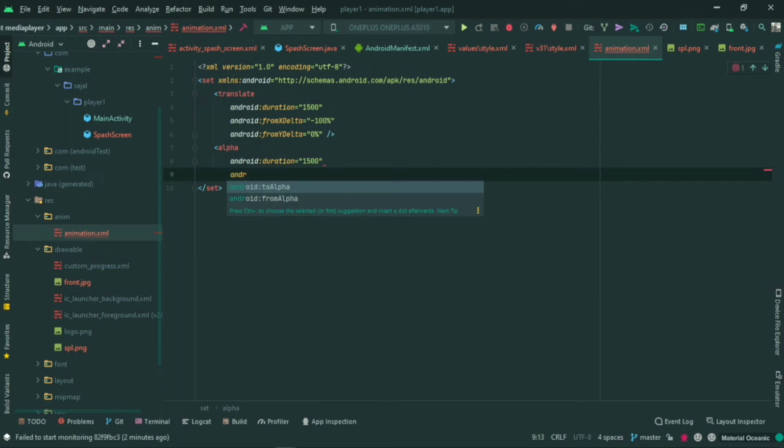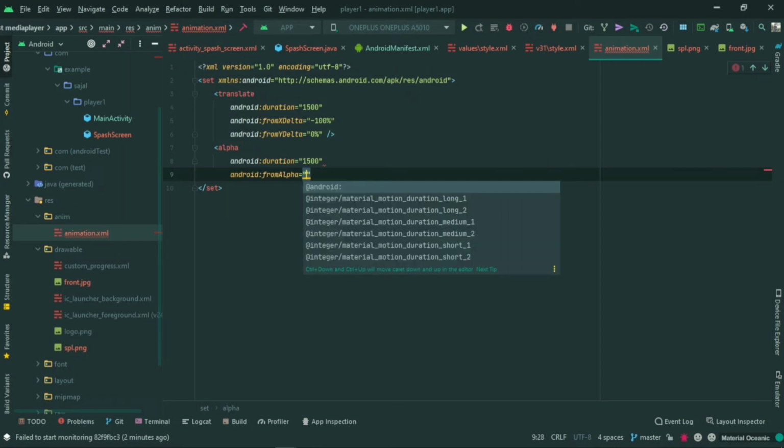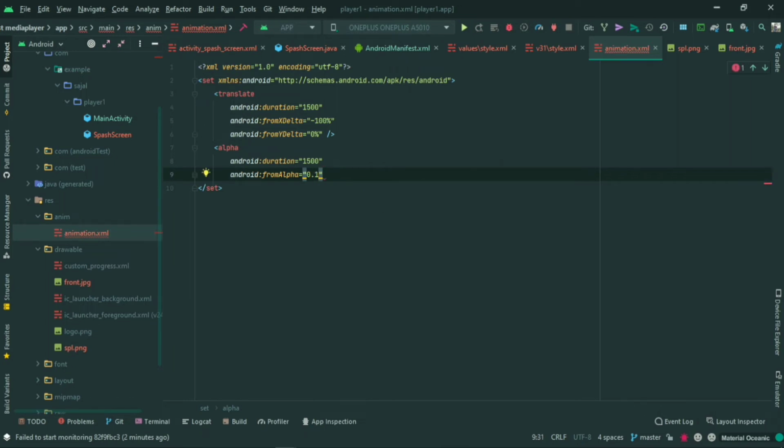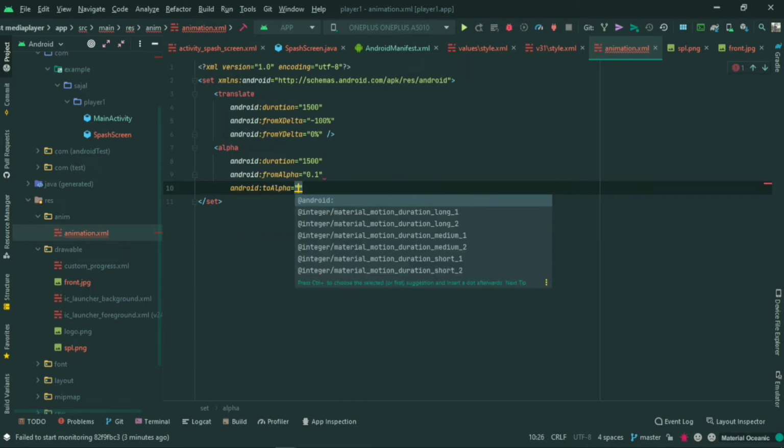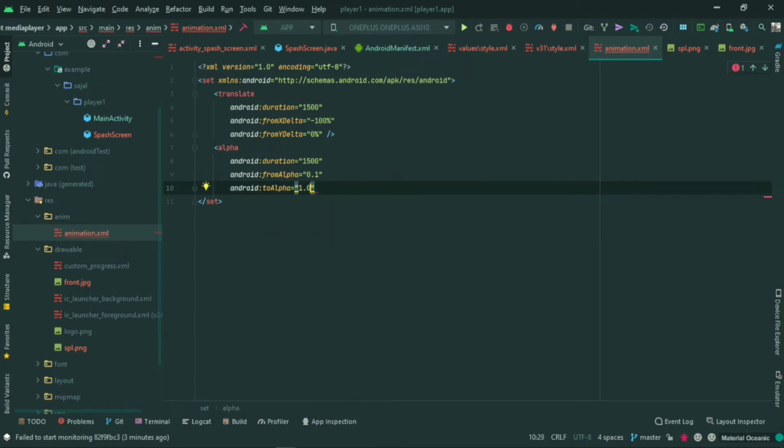from to alpha to from alpha. Okay, so at first from alpha, which will be 0.1 or something, that's okay, and to alpha we need the 2 alpha, that will be 1.0. Okay, so this will work or